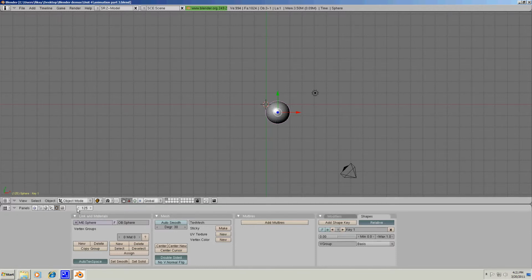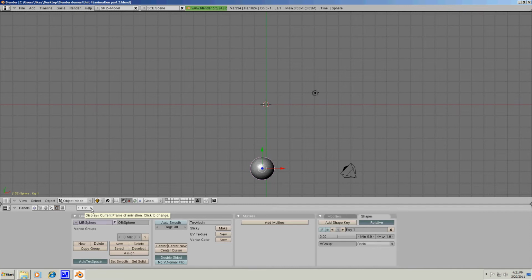So let me show you how this works. I'll just go back to frame, let's say 107. So the object is just moving. There are no spikes, and then I'm going to click on this triangle right here to go forward. So once I reach frame 125, you can see the spikes come up, then they disappear between